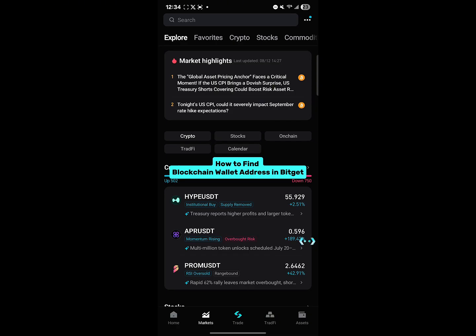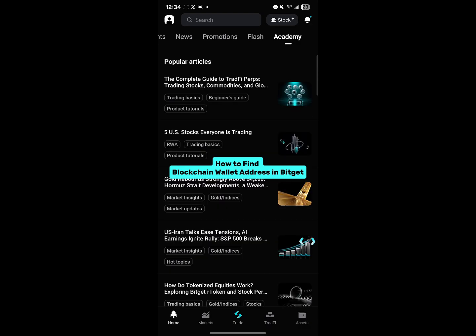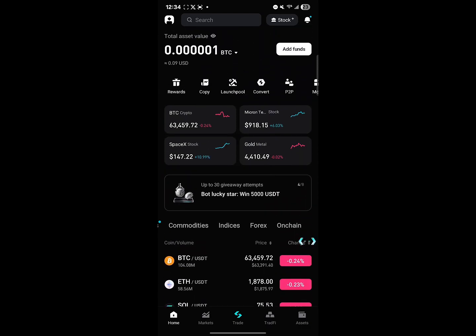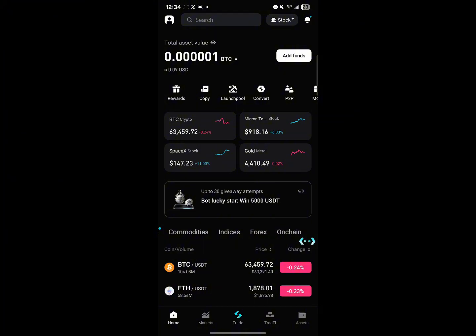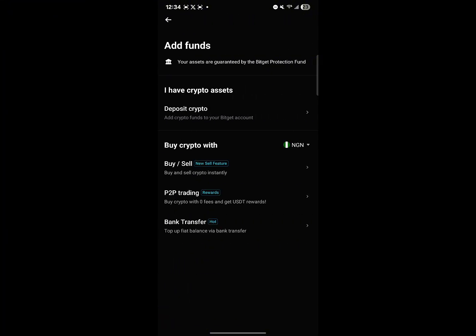How to find blockchain wallet address in Bitget. All right, guys, so finding your blockchain wallet address is pretty easy. To do this, first scroll to the home section, click on Add Funds, and then go ahead and click on